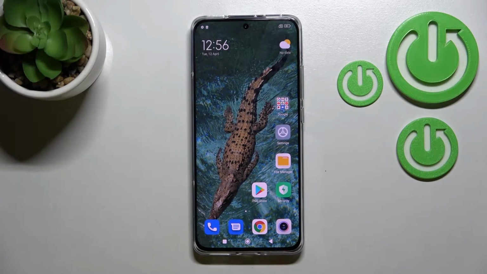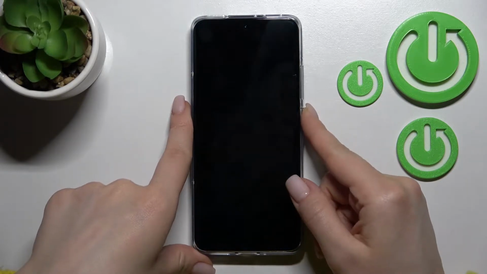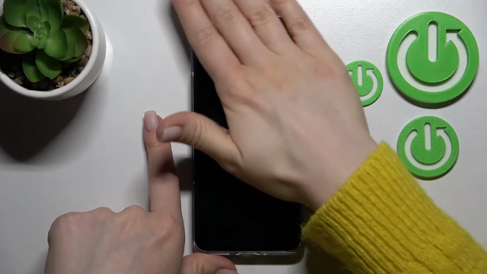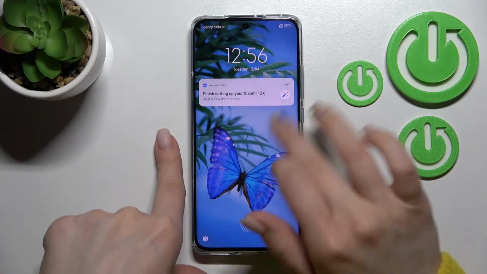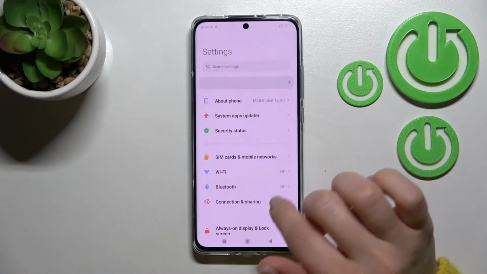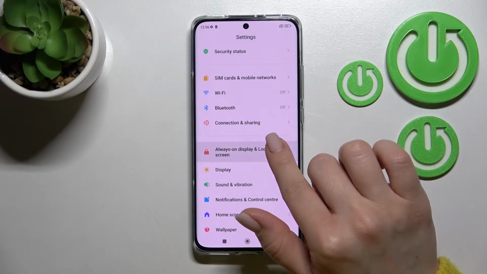Welcome to the infrared of XIAOMI 12X, and I'll show you how to turn on the always on display feature on this device. So as you can see, the AOD feature is turned off right now. To activate it, we should go into the settings application, and here click on the always on display and